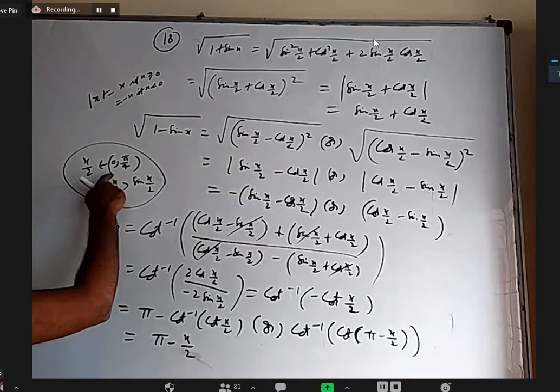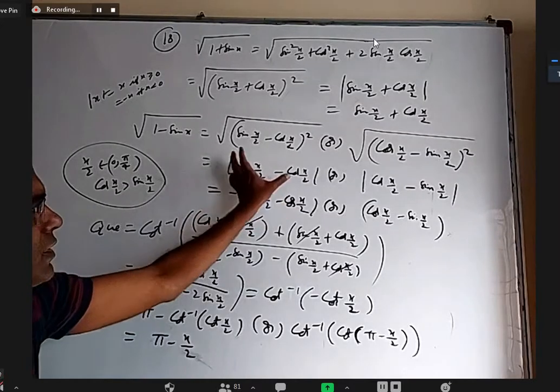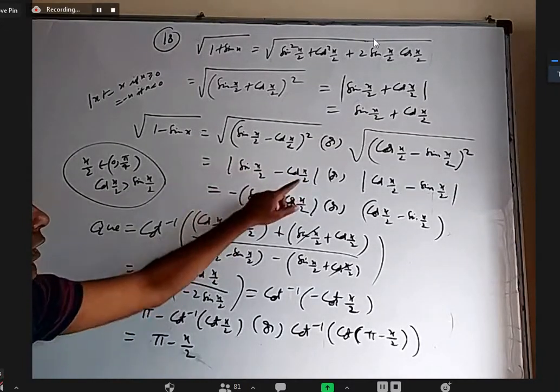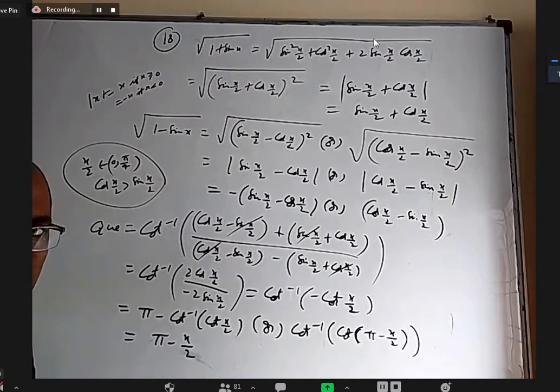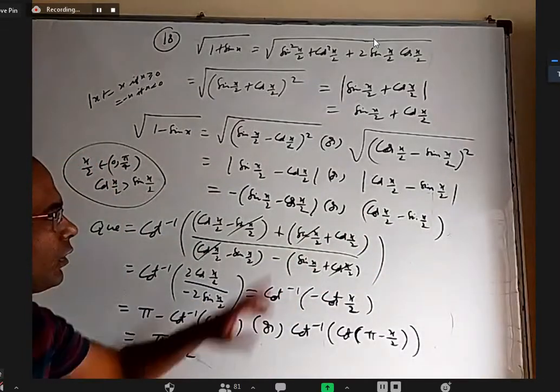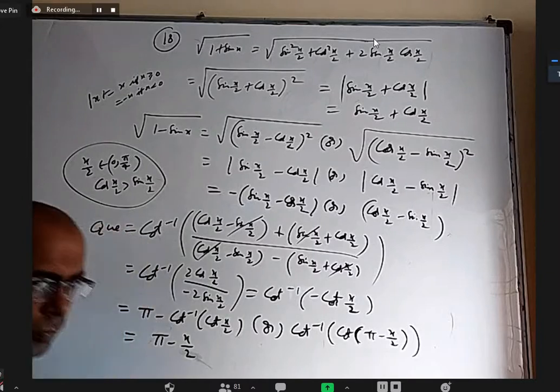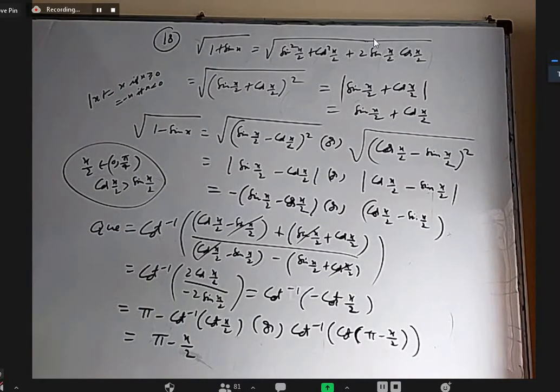Yes, sir. So x by 2 is between 0 to 45, cos x by 2 is bigger than sin x by 2. If we take this, smaller minus bigger, it is negative. If this k is negative, for mod k, I should write minus k. If I take this, cos x by 2 minus sin x by 2 is positive, I can directly remove the mod. Both are equal, finally. So we'll also do the next method, rationalization.